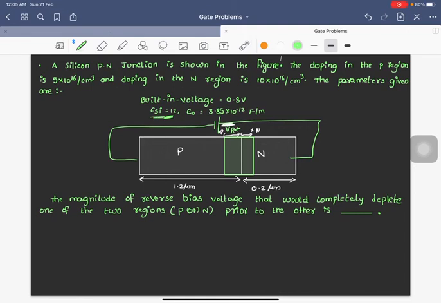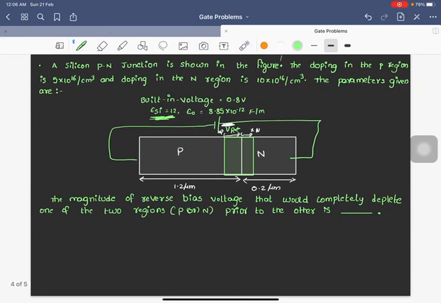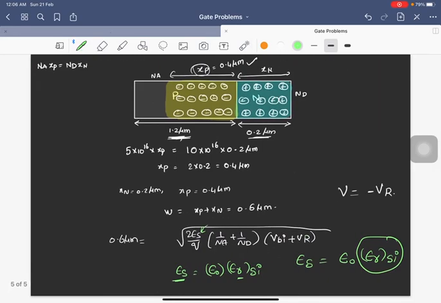So don't think this epsilon naught of silicon is epsilon of s. This is the relative epsilon of silicon, that is 12. But here epsilon naught of s, this is a notation problem, so don't confuse with that. Epsilon of s is epsilon naught into epsilon r of silicon. This epsilon r of silicon is given as 12. I'm sorry for the notation I followed here. Epsilon of s is equal to epsilon naught, that is the absolute epsilon, into relative epsilon of silicon. That is equal to 8.85 into 10 power minus 12 farad per meter.